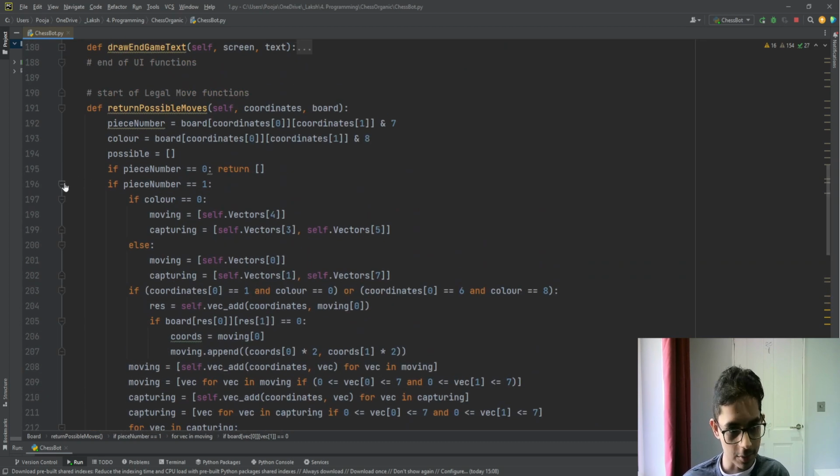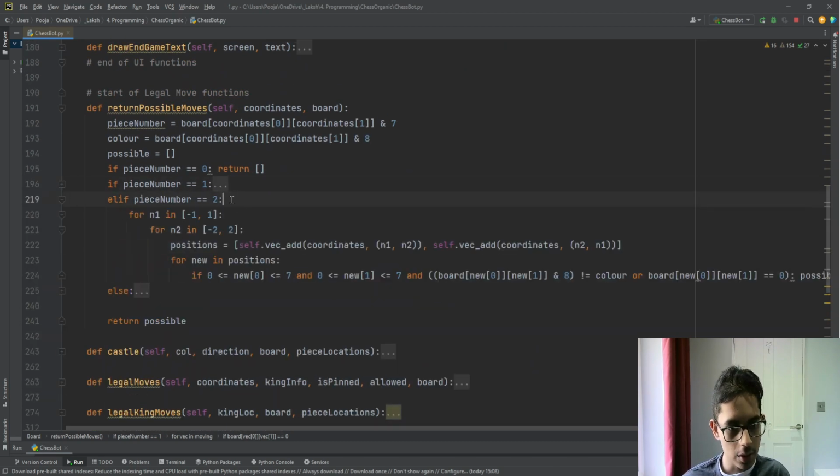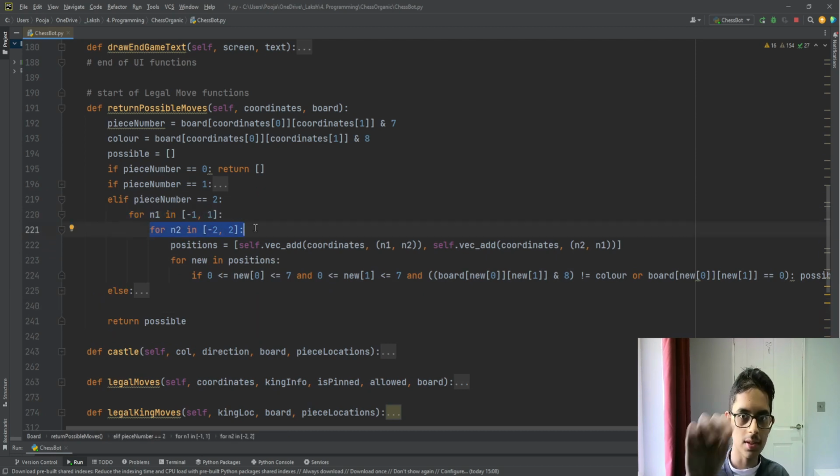So that's basically how the pawn works. And now let's go over how the knight works. So how the knight works is we basically have n1 and n2. So n1 and n2 are the different horizontal and vertical offsets. So if you think about it, a knight can basically, let's go back to the